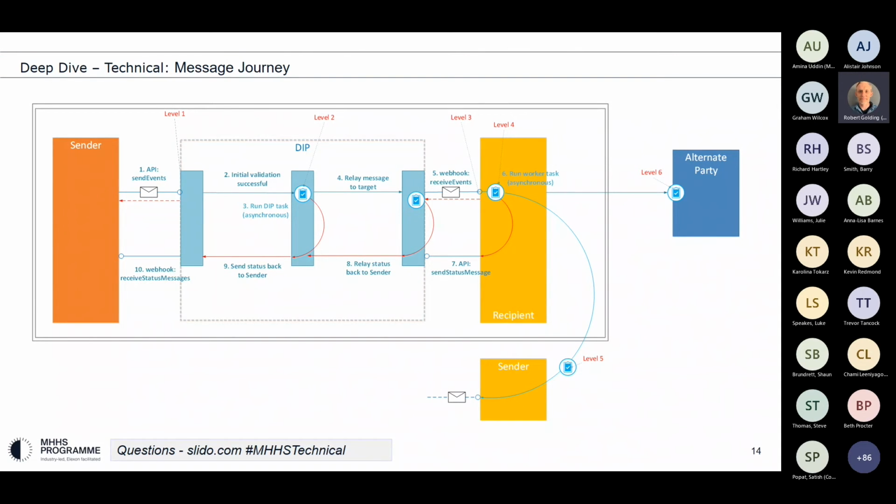It can also fail when the message is attempted to be relayed to the recipient at the level 3 validation. For example, the recipient rejects it for some reason, or it can reject it once it's actually digested the contents of the message. Again, the bad path on the message is via the channel at the bottom, via the 7, 8, and 9 steps below, and they are received via the second API, which I mentioned above, the send status message.